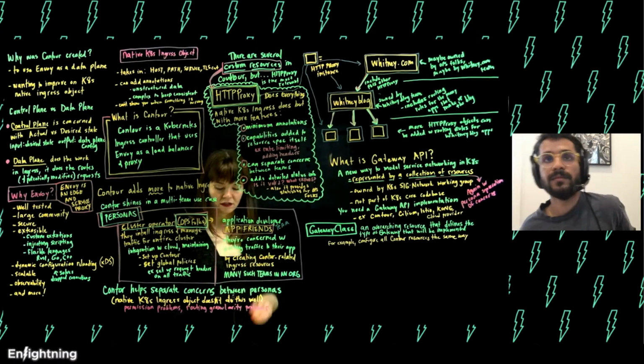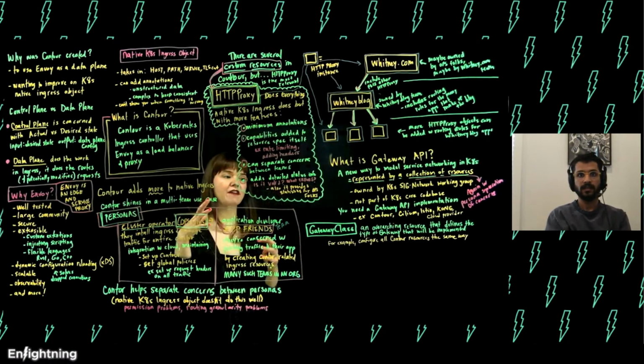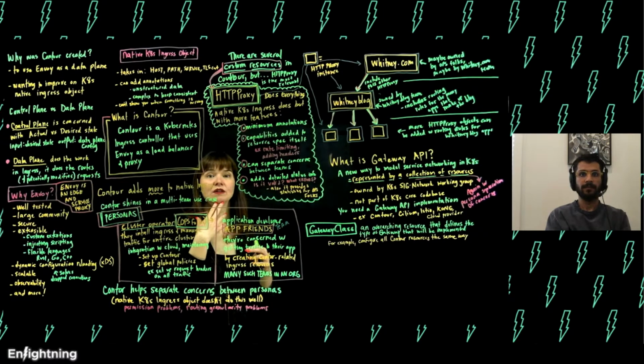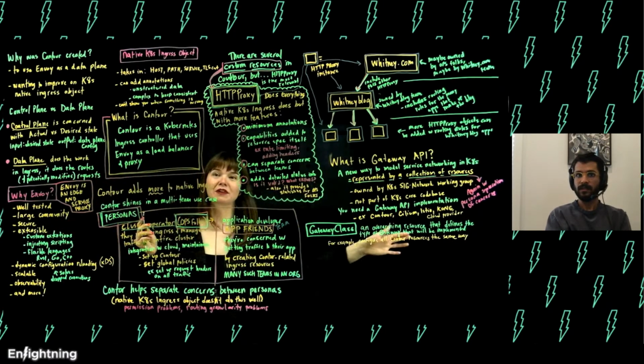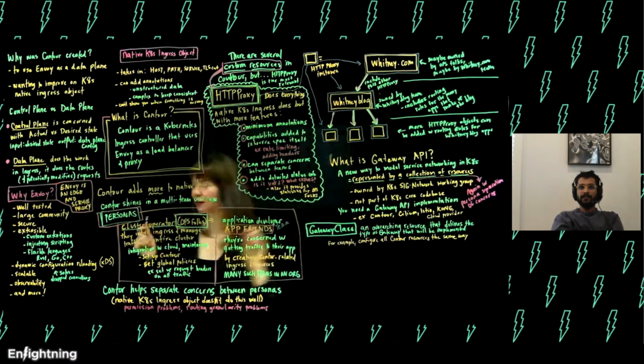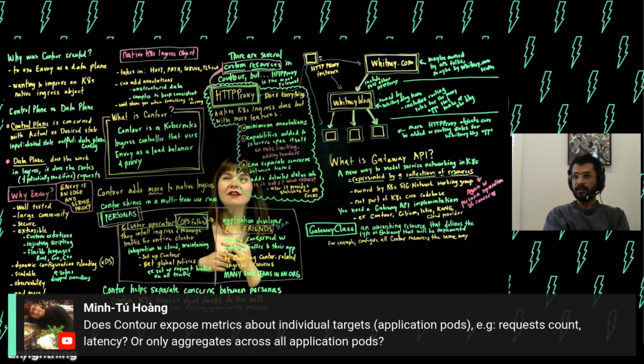Excellent. That's very helpful. So gateway class is an overarching resource that defines the type of gateway that will get implemented. Yep. So, for example, all Contour resources will be configured the same way, or all of this cloud provider's resources are defined at that level. We have a question. First of all, is that correct, a good capture? Yep. Okay. Does Contour expose metrics about individual targets, application pods?